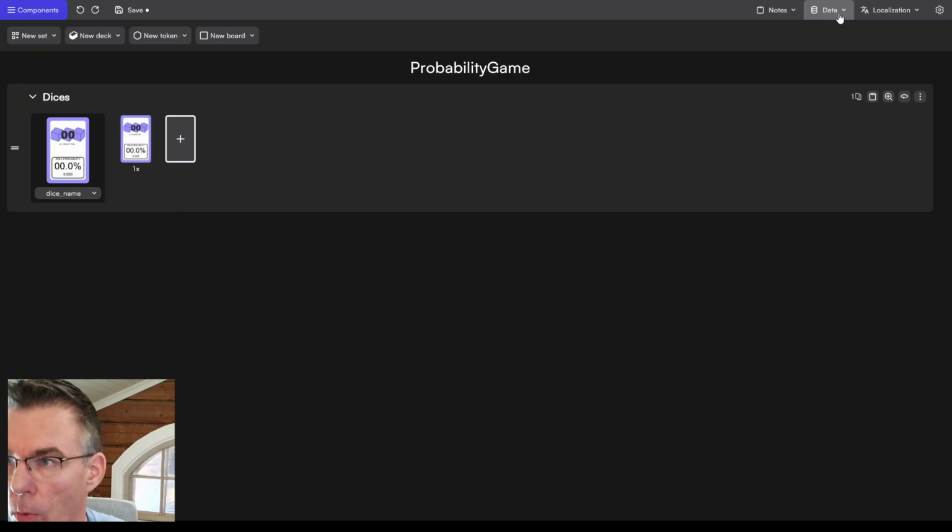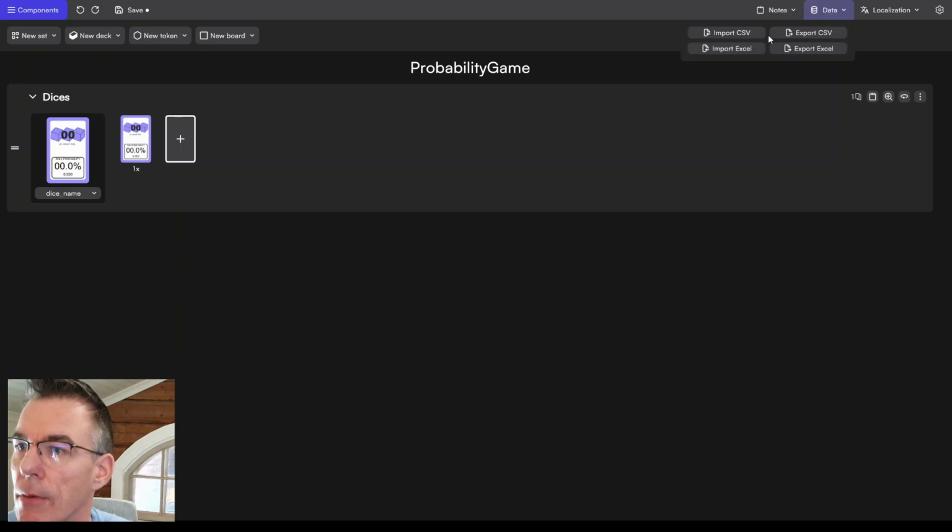First, I usually want to export all the data. We have data here, and we can export it as CSV, and we can export this as an Excel file. If you have Microsoft Excel, of course the Excel file is a better one, but I like to use CSVs.